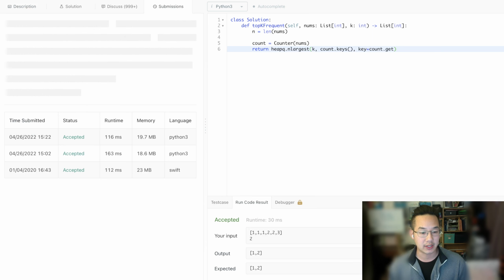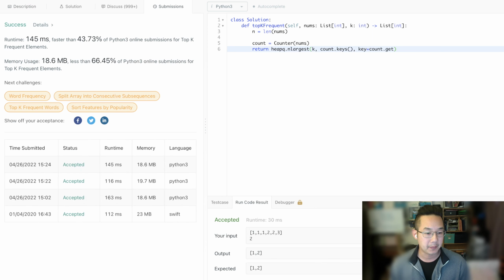This is a pretty good answer, I think. It's not quite the fastest answer, but it is a pretty good answer. It's n log n because of the way we have to get the heap q and get the largest elements, make the heap and everything. So, right. One way we can get even faster is if we use bucket sort as introduced by